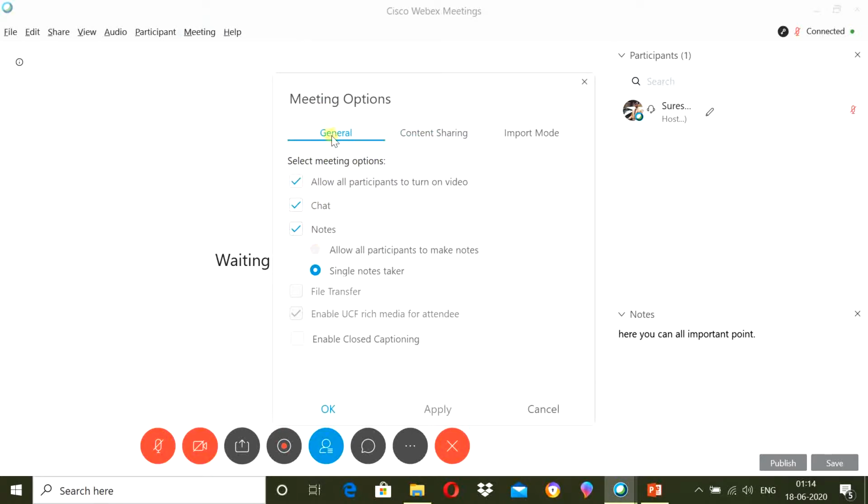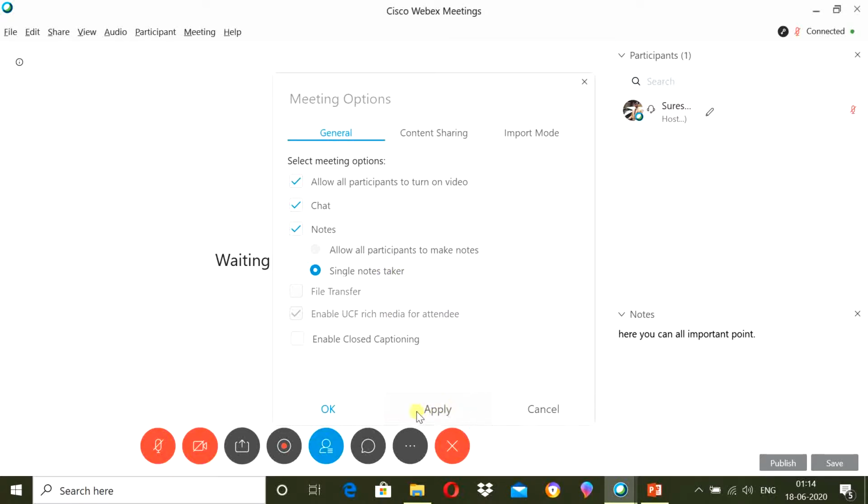In option, in general tab, see allow participant to make the notes, or single note taker. So who can write here? It can be decided from meeting option and general tab. So it's completely your decision as a host. You are going to allow everyone to make those notes or not.